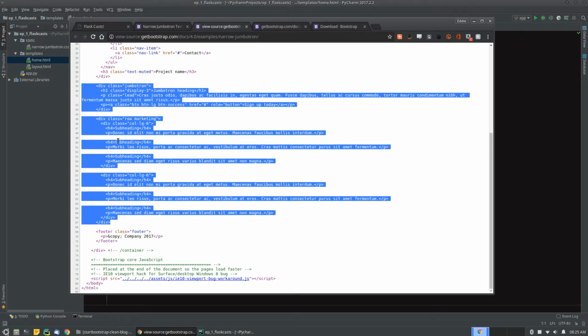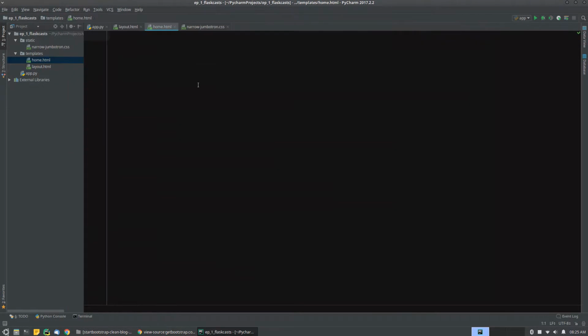Okay. We're going to paste this information in here, but first we're going to do something. We're going to use a command, extends, and then in parentheses, layout.html. Now, what that does is